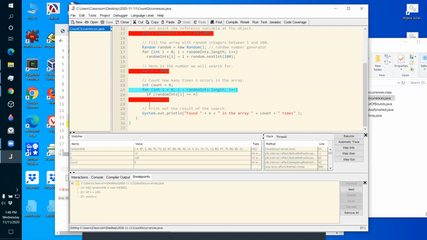What can I do with the debugger? I've got a breakpoint there. Right now I'm doing step overs, but what could I do instead? What happens if I click this button? Resume says run the program, just start it back up again. What will happen? Would it just keep going until the breakpoint? Yes, but when it hits the breakpoint, what does that mean?